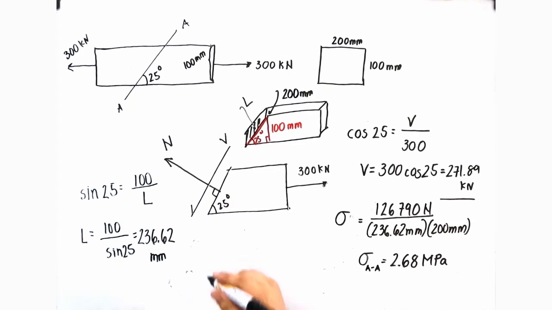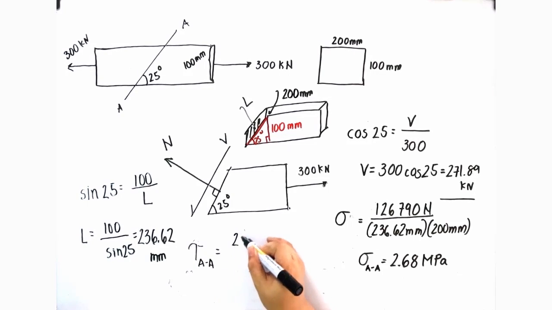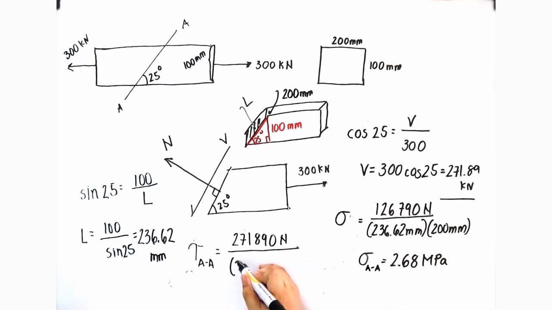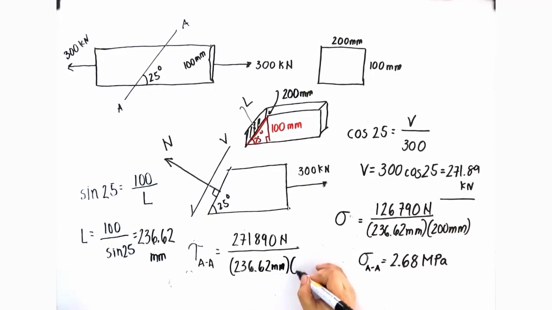So to get the shearing stress on section A-A, that is simply equal to 271,890 newtons divided by 236.62 mm by 200 millimeter. So the shearing stress on section A-A is equal to 5.745